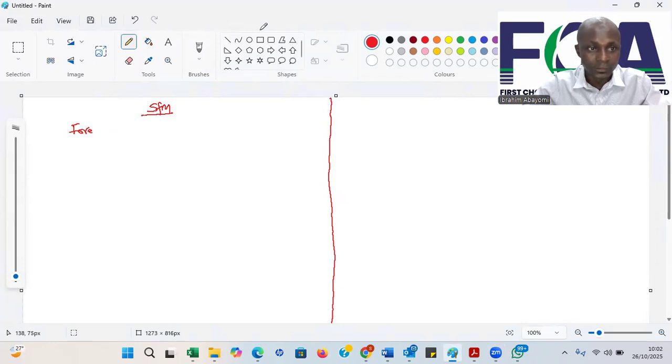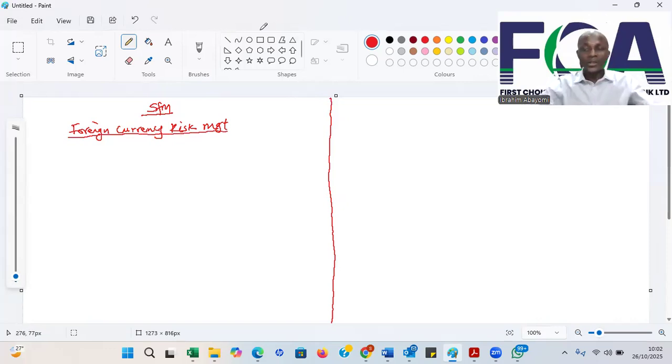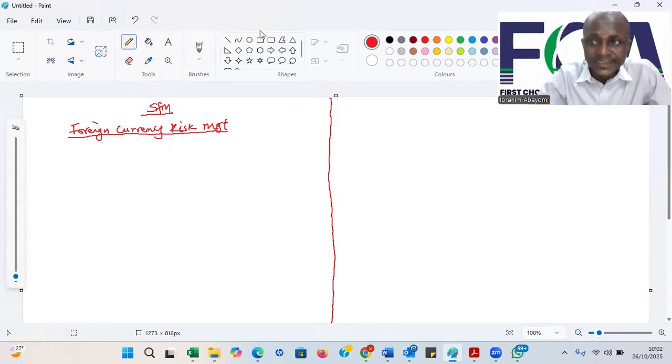Foreign currency risk exists when you have an entity dealing with another entity outside